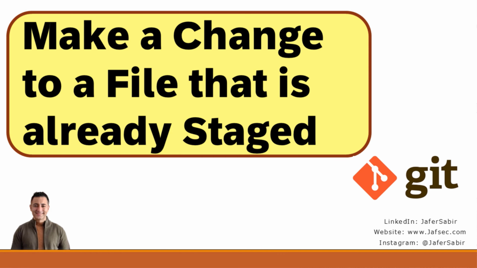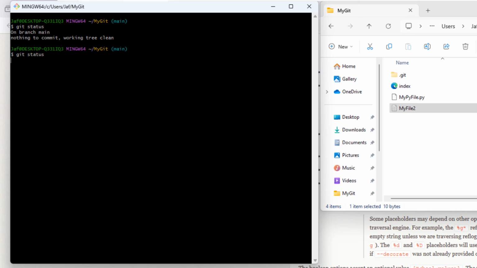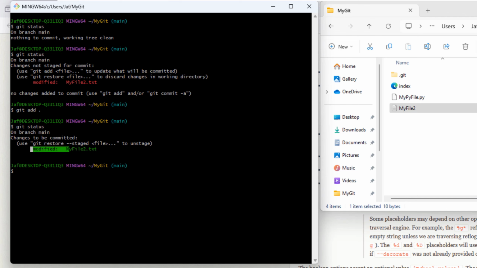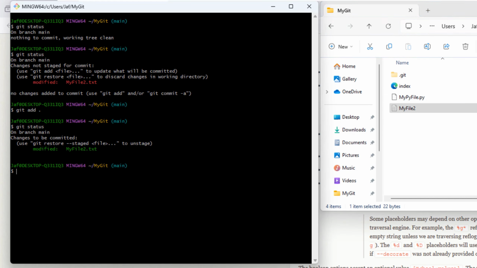Another thing is if you make a change to a file, so my file 2, let's change something inside my file 2 and save it. And then let's do a git status. And let's add the change to the staging area. We can see the change has been added to the staging area for us to review. But whilst it's in the staging area, let's say we changed the file again. So, second change. Now if we do git status,